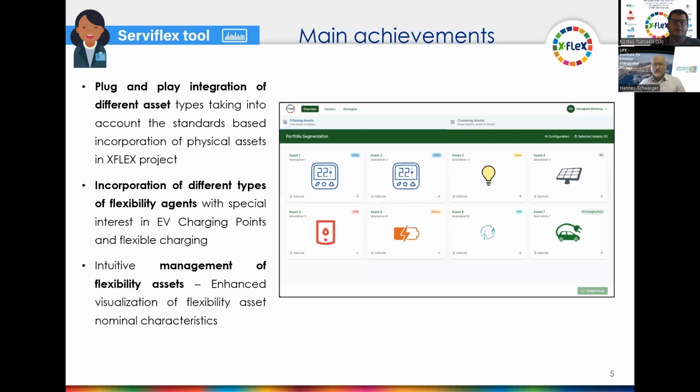By having this work done, by setting these models, we have them incorporated into the SERVIFLEX tool with a proper UI that enables the business stakeholders, which are mainly the aggregators, to have a better understanding of the assets that are part of the portfolio, being able to properly configure the nominal characteristics of these assets. So we have established a plug-and-play manner for the integration of the different assets. By setting this agent-based approach, we are able to incorporate assets of different characteristics and different dimensions, and therefore cover a multitude of different assets that may offer flexibility,